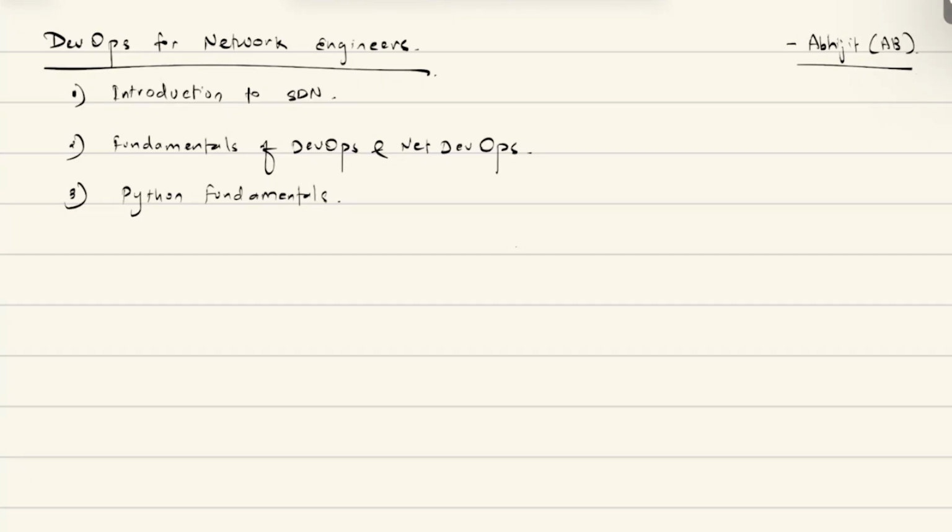So we are also going to talk about Ansible for network management or network configuration. We will learn how Ansible can be utilized and how Ansible works.